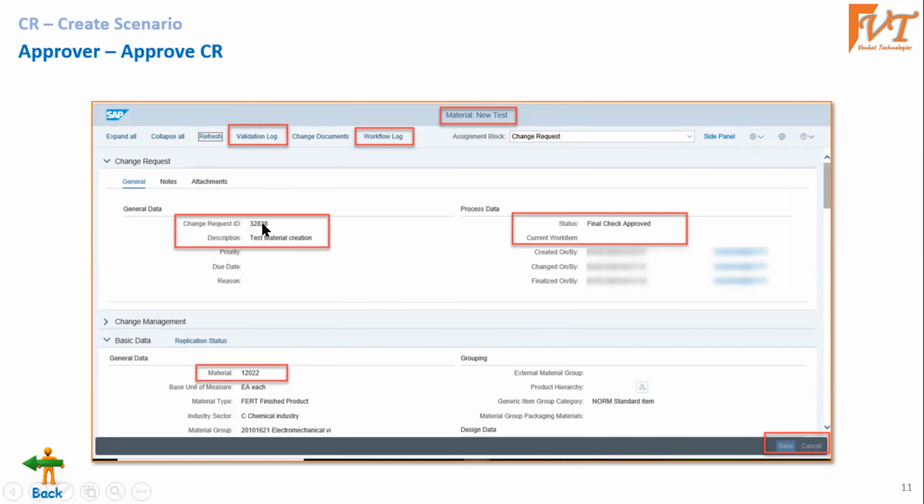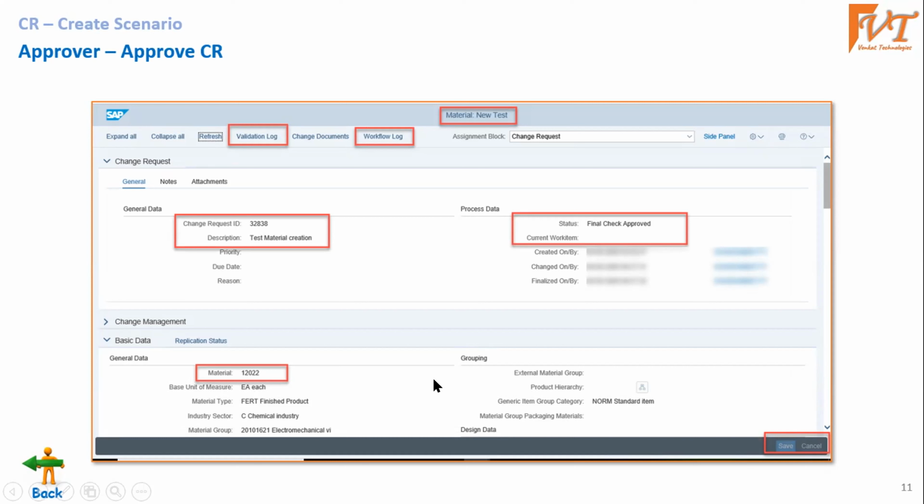A change request is like creating a service request with your IT team, maybe for a new equipment or installation of software or whatever it may be. They will give you an ID, which is the service request number.